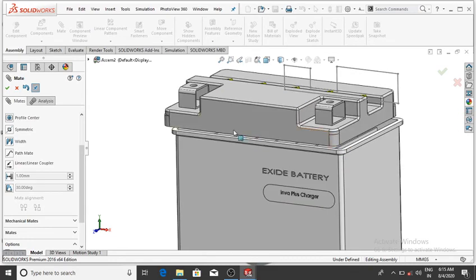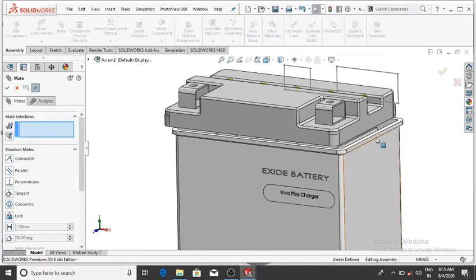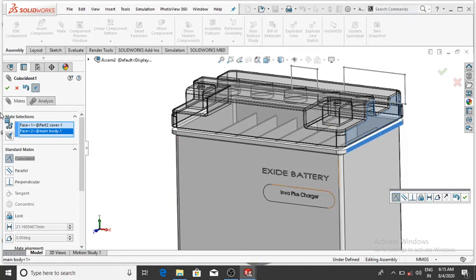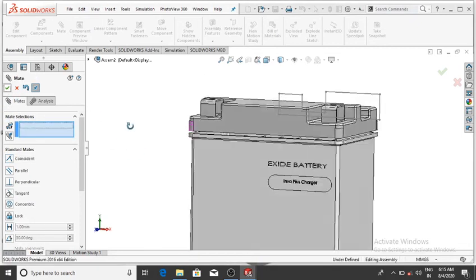Again go to the mate and select this face and this face and make it coincident, then okay.